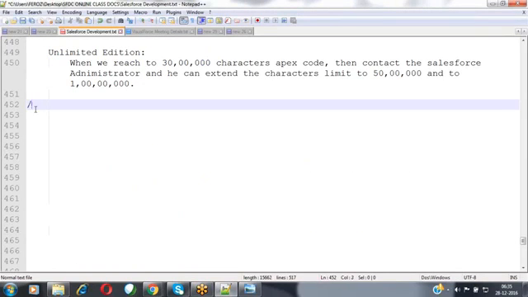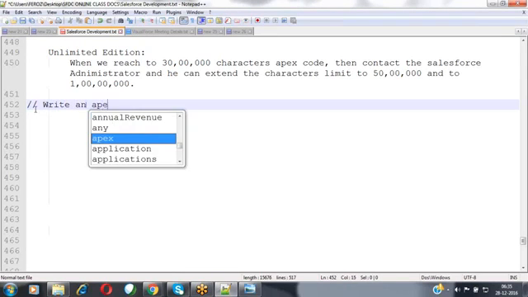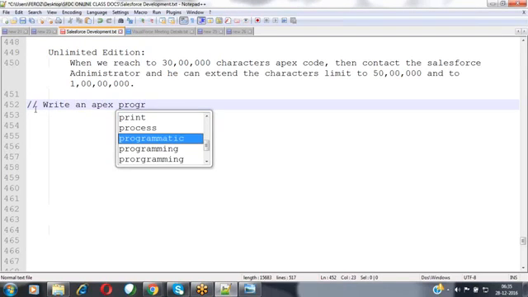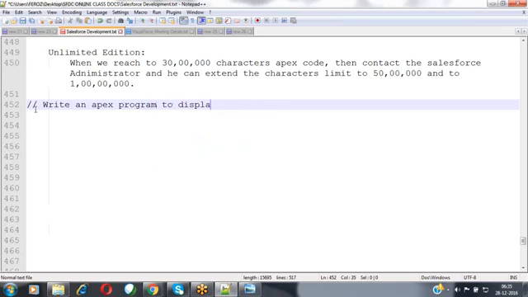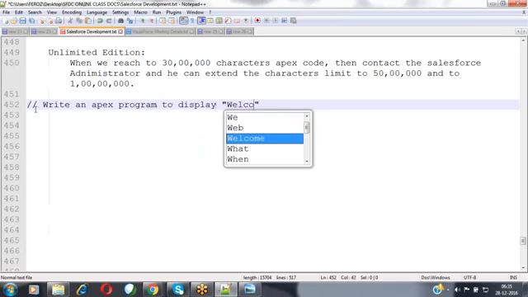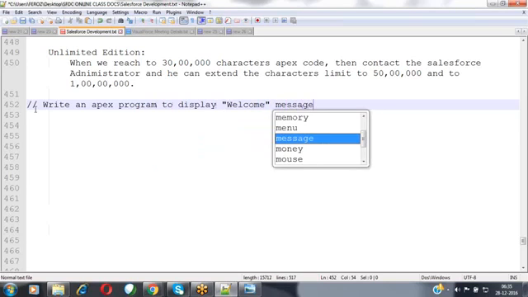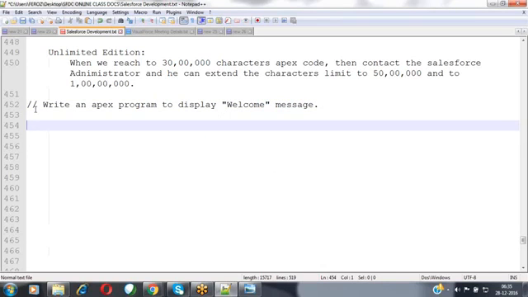My requirement is to write an Apex program to display a welcome message. I want to write a small program to print some message like welcome. Then how can we write the code? How do we display that here?